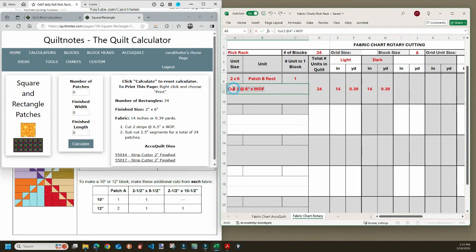Cut 2 strips, 6.5 inches times width of fabric, and then we'll subcut 2.5 inch segments for 24 rectangles. So you'll do this for each of the fabrics, the light and the dark. Now let's look at our